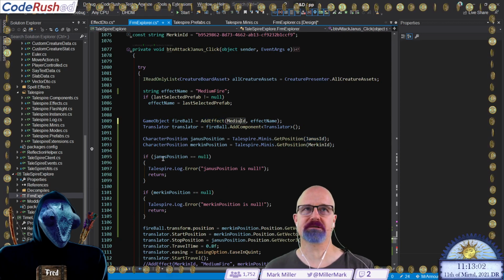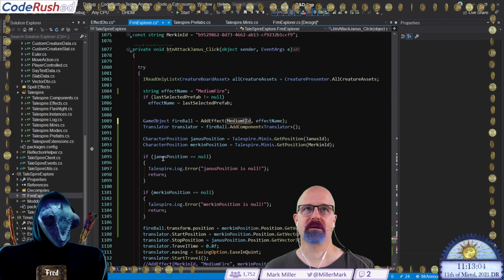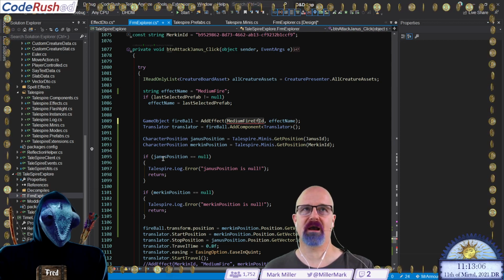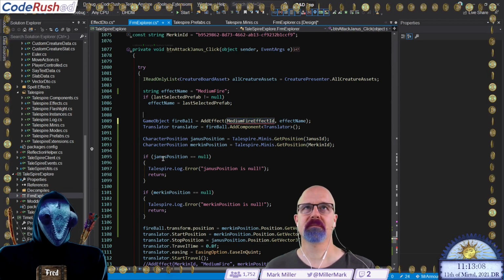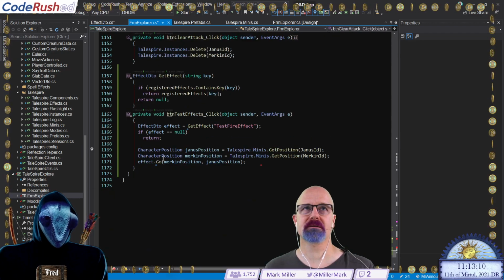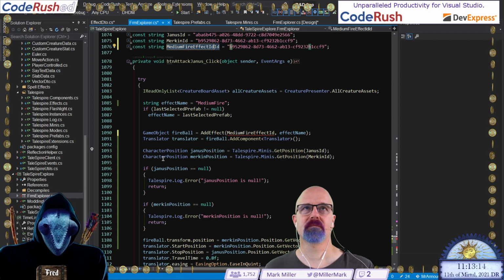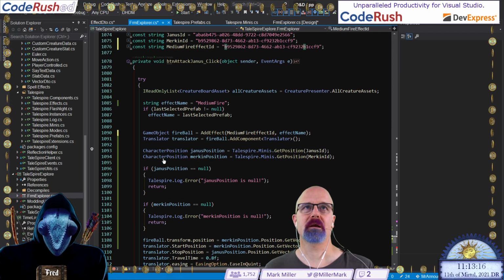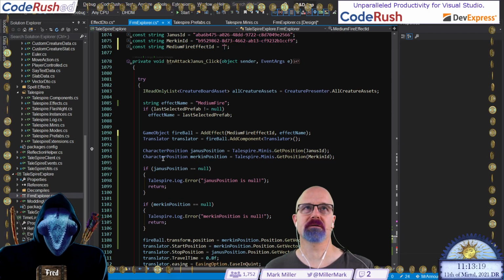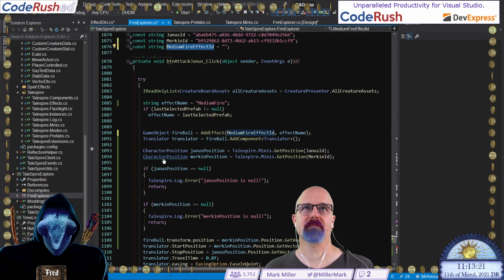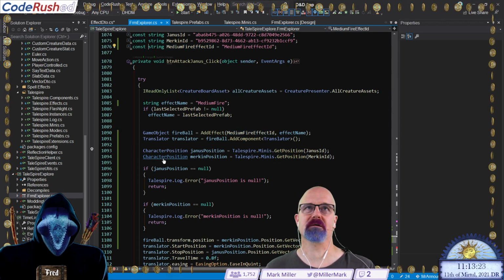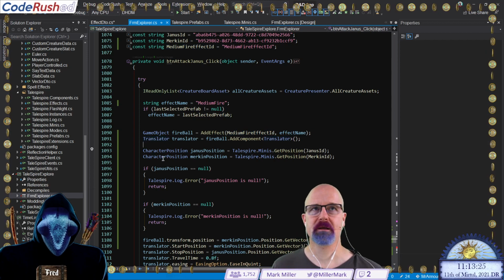Let's rename this, or call it medium fire effect ID. And let's just create, and let's give it the same name. Just some unique thing in here so that when we call it and destroy it.